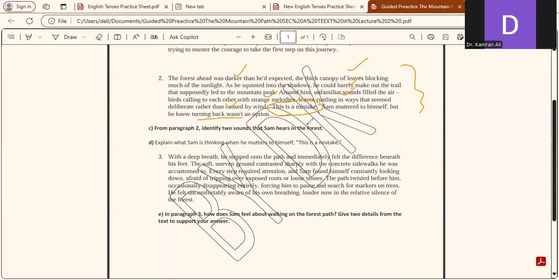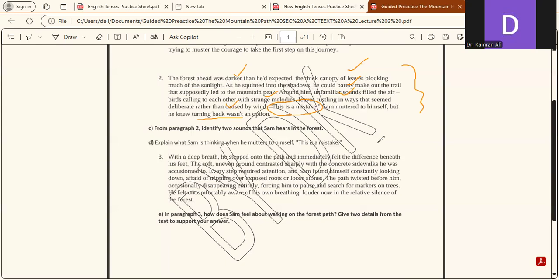Yes, this is a mistake. It seems like he's regretting his decision. If you look at the circumstances here, we understand that of course he's not comfortable. He feels threatened, so that means he is regretting his decision. So what you really need to do for this sort of question is keep the context in mind, look for the clues, the key happenings, and based on that, figure out what could be the answer.